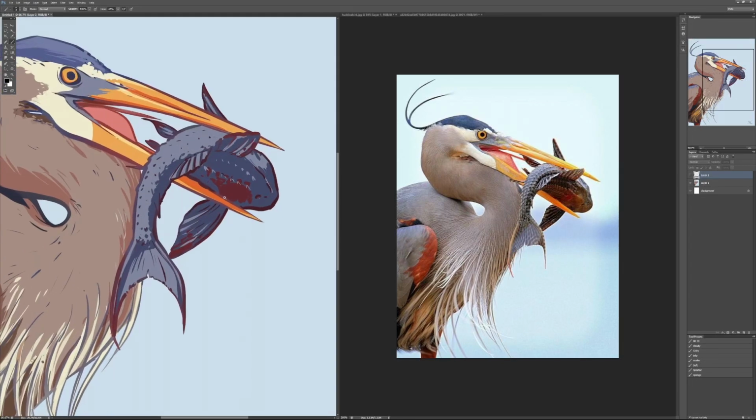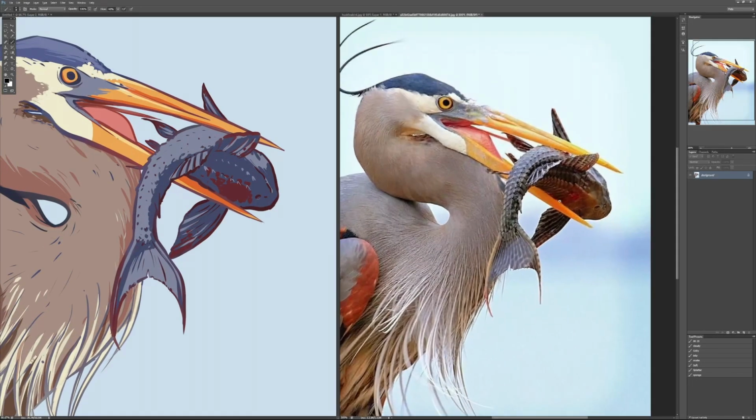I feel like the fish in this photo is so crisp, and there's so much contrast, especially through the fin here. I know that the head of the fish is in shadow, but it felt like you shortchanged us a little bit on your fishes. Oh, yeah. I don't know. I was trying not to go overboard, but